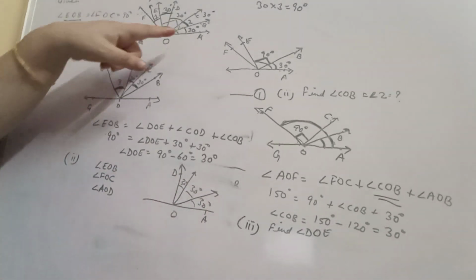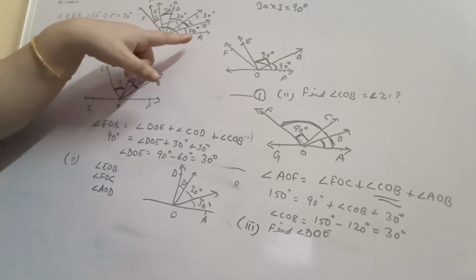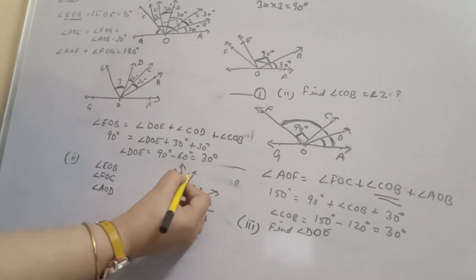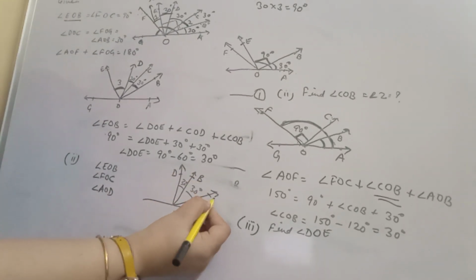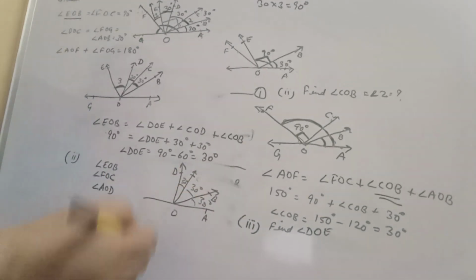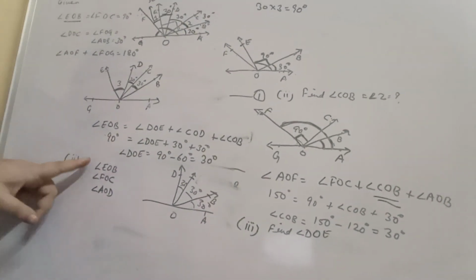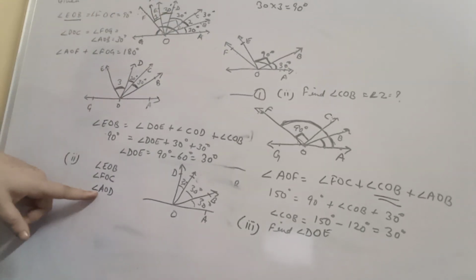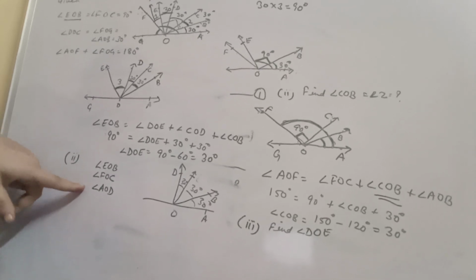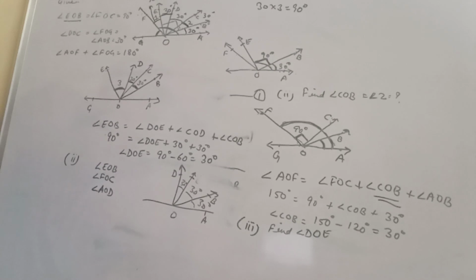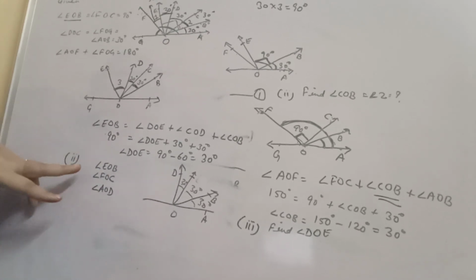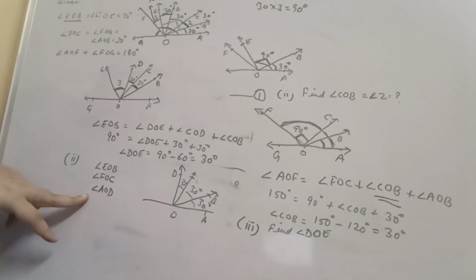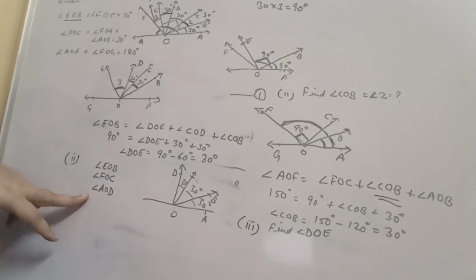So AOD is 90. Then starting with BO as the ray, if I start with BO, AO I have done, now the BO ray, so BOE is 90 degree, this we have already done. Then COF is 90 degree, this also we have already done. So I think we are through with the 90 degree angles. So EOB, FOC and AOD, these are 90 degree angles.